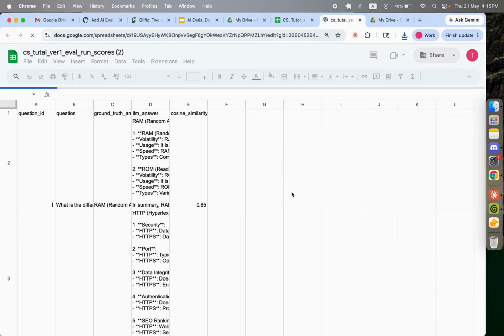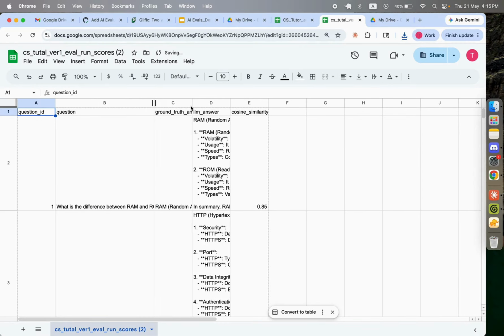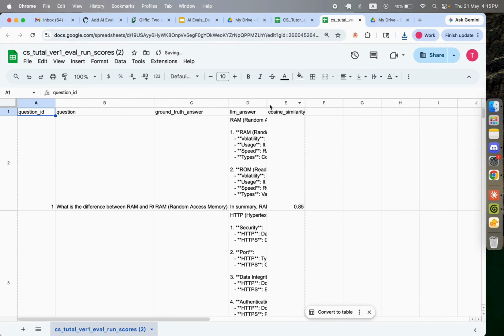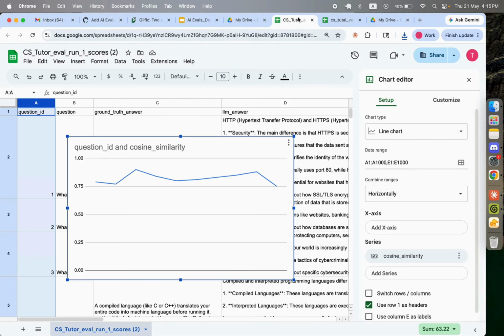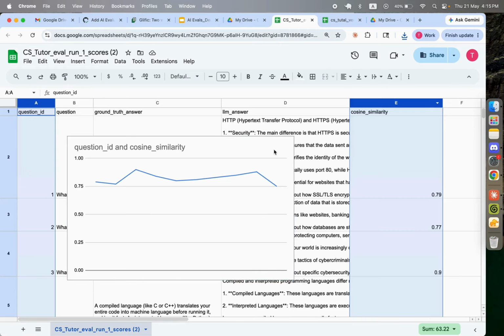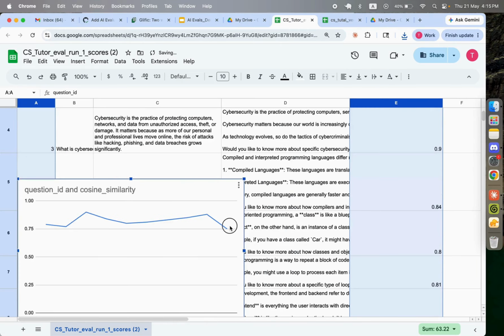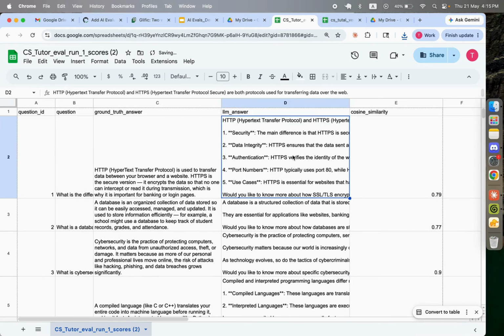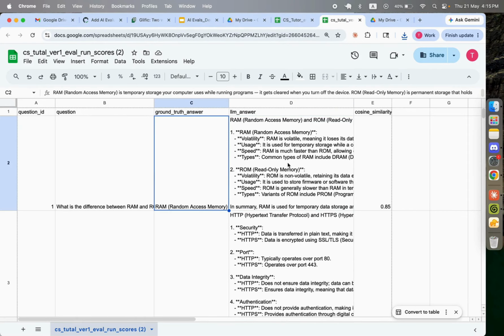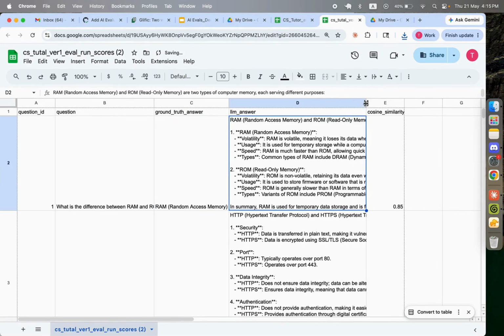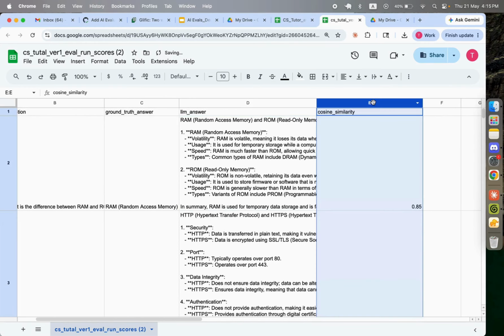And as you can see, it has the same fields, but there is a difference in the way it has answered. I'll just move this for now. Here it has given, let's say, 3 to 5 sentences for the same, whereas in this one it's similar but different, because now it is not following the prompt, it is just following that you are a CS student. Okay, let's look at the chart of the scores,